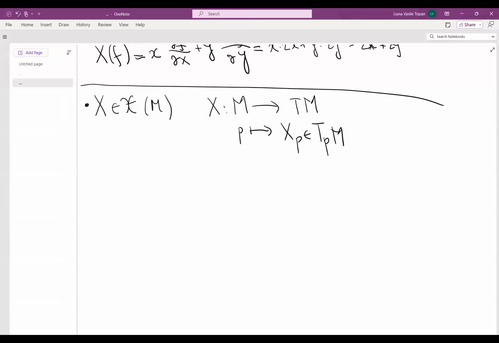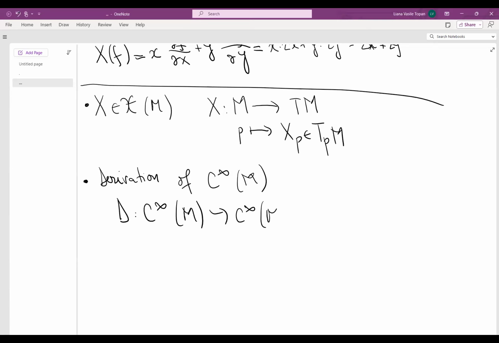Then, so this is a tangent vector, this is a vector field. Then a derivation of the algebra of functions, real functions defined on M, smooth functions, is some map going from the functions into the functions, which is linear and such that what you get is f times d of g, Leibniz rule, plus d of f times g for every functions f and g, smooth functions defined on M. So we would like, as I said, to identify the vector fields with derivations of this algebra.